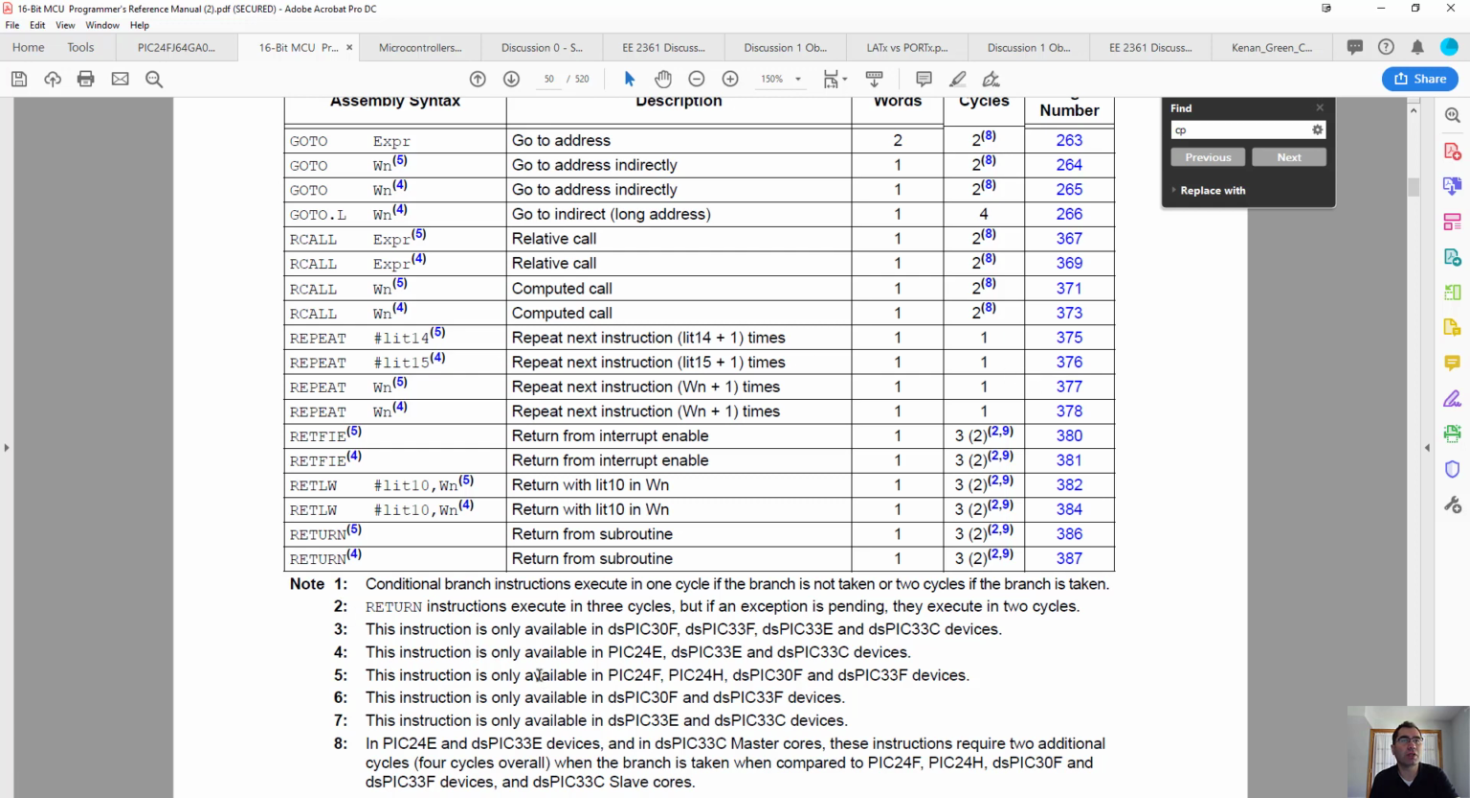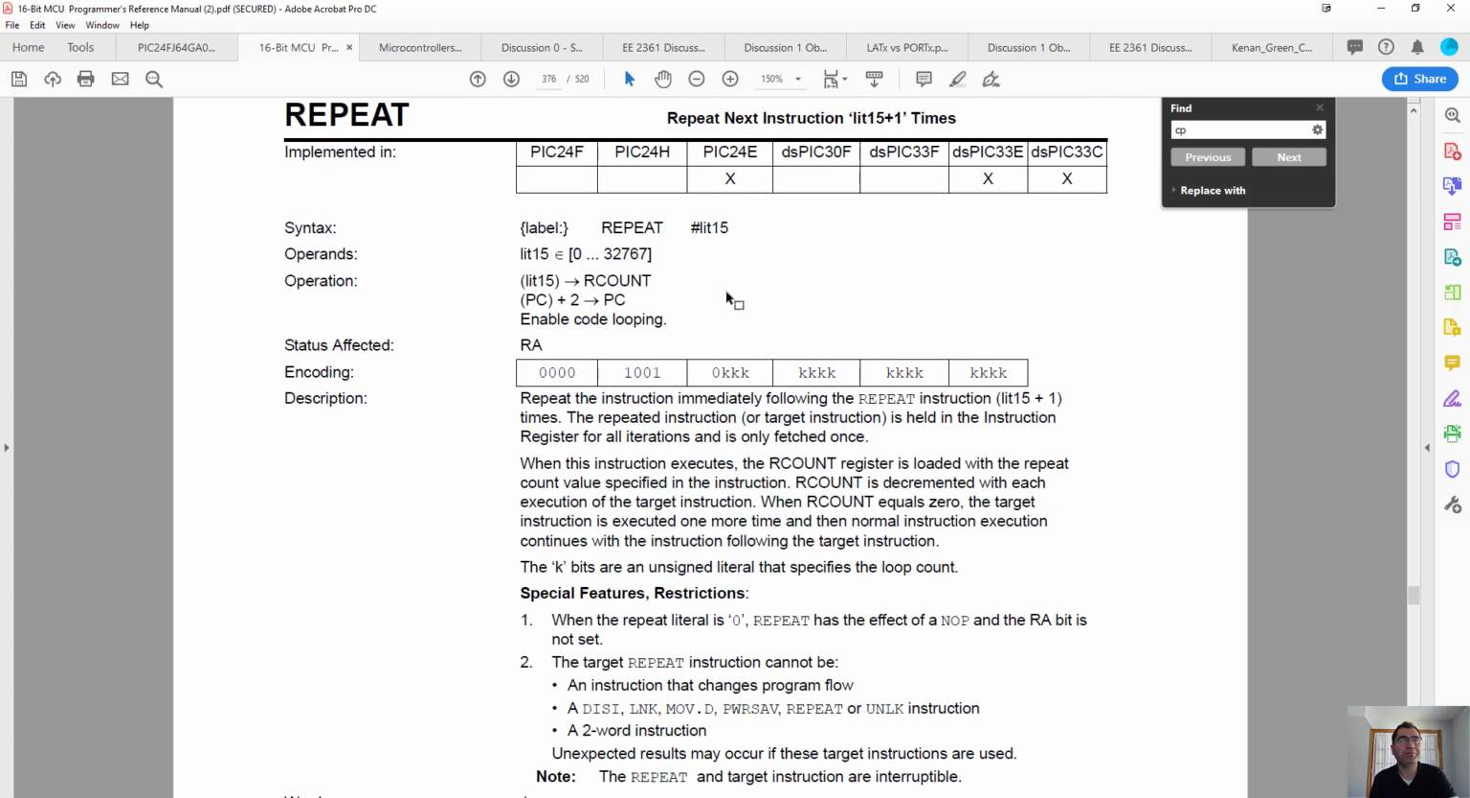There are notes that you can read, like one of them is not for our microcontroller. As you can see, 4 is only available for PIC24, and 5 is only available for PIC25. So this is available for us, so we can go up to a 15-bit literal. So what does that mean? So basically,